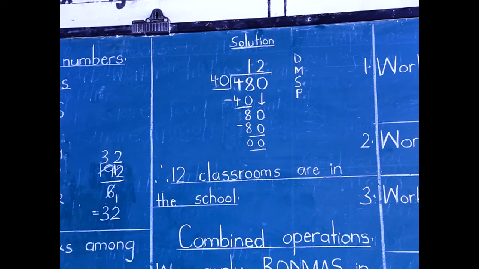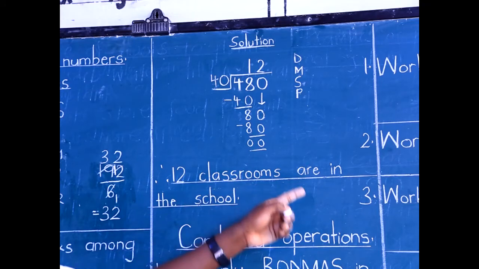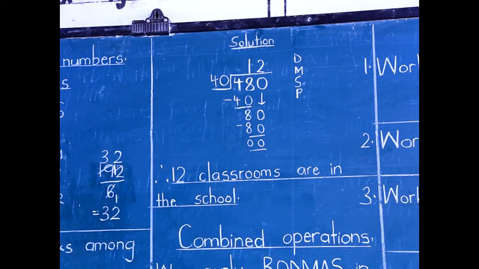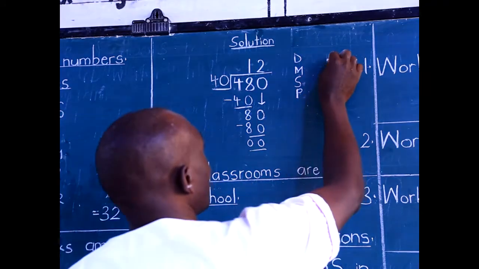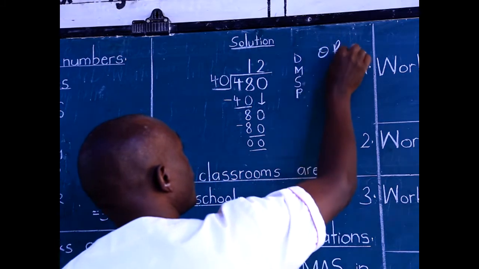So the answer is 12. So how many classrooms, each containing 40 pupils, can take the total of 480 pupils? There are 12 classrooms in this school. Therefore you can as well use the other style of division